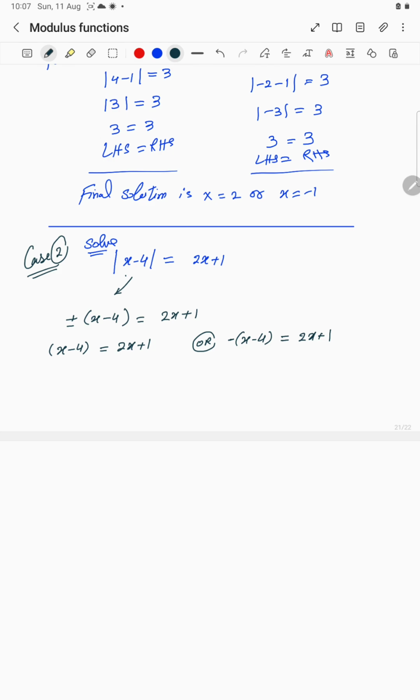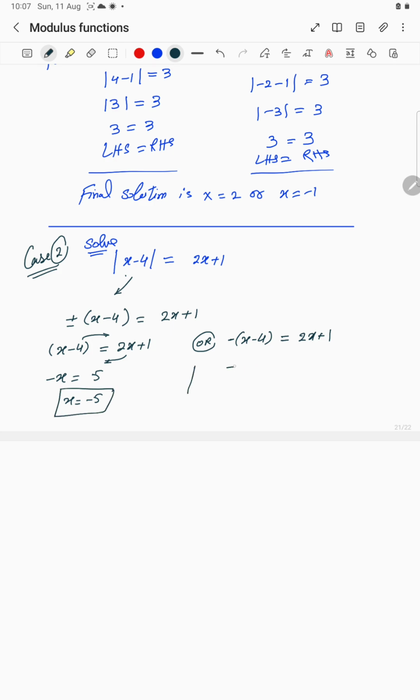One with positive, one with negative, and just solve algebraically. Bring all the x to one side. Once this moves here, it becomes x minus 2x, which is minus x, and 4 goes to the other side, minus becomes plus, so it will be 5. So x will be minus 5,